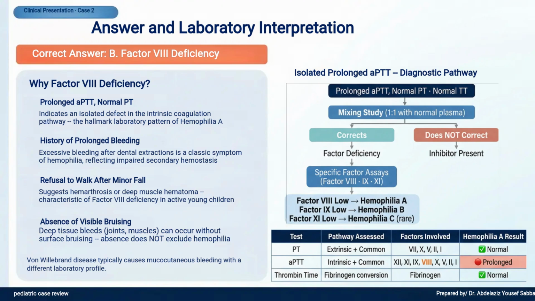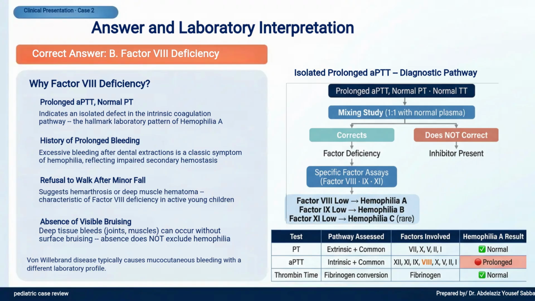The isolated prolonged activated partial thromboplastin time with a normal prothrombin time indicates a defect in the intrinsic coagulation pathway, which is the hallmark laboratory pattern of hemophilia A. The history of prolonged bleeding after dental extractions reflects impaired secondary hemostasis, and the refusal to walk after a minor fall suggests hemarthrosis or deep muscle hematoma. Crucially, the absence of visible bruising does not rule out hemophilia, as deep tissue bleeds into joints and muscles can